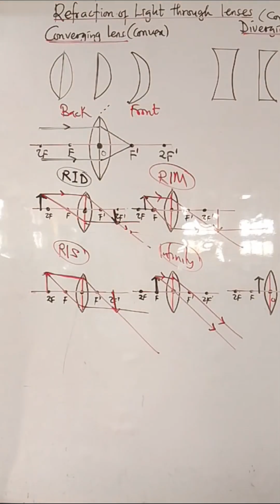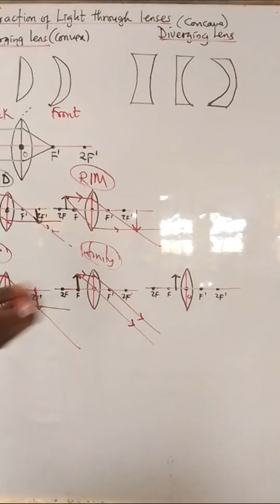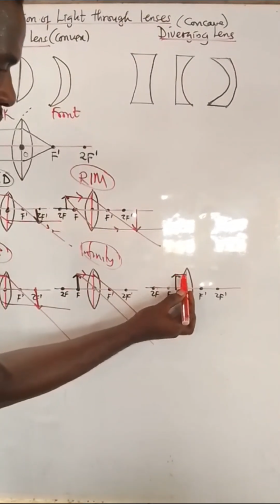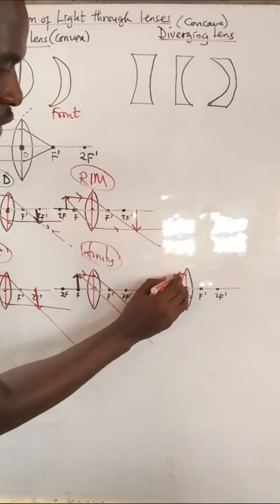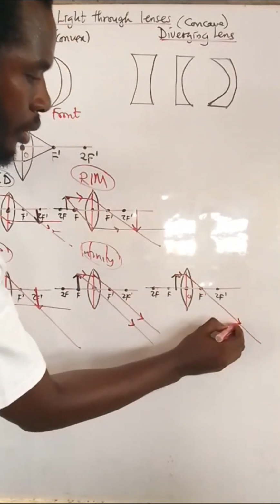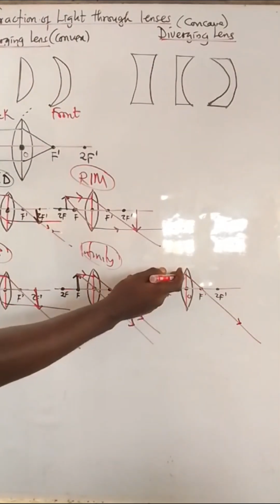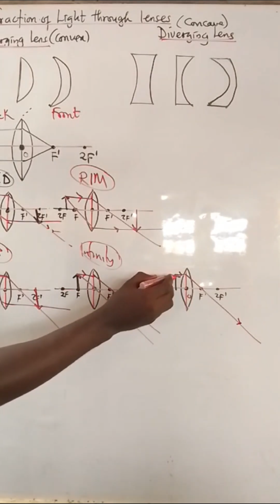We know it's going to be virtual, erect, and magnified from our knowledge in mirror. Same way, ray parallel to the principal axis, after refraction passes through F. Then ray that passes through F, this time I cannot come here, so we use the center. Ray through the center